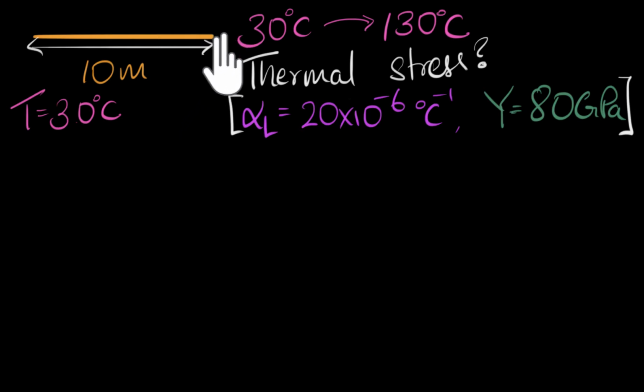We are familiar with calculating changes in the length when the temperature changes, right? And we can do that by knowing this number, alpha L, the linear expansion coefficient. The number just tells us that if we had a 1 meter long wire, and if we increase the temperature by 1 degree Celsius, then, if it was free, the wire would expand by 20 times 10 to the power minus 6 meters. That's given to us. So let's first calculate how much this wire expands if there was no wall.